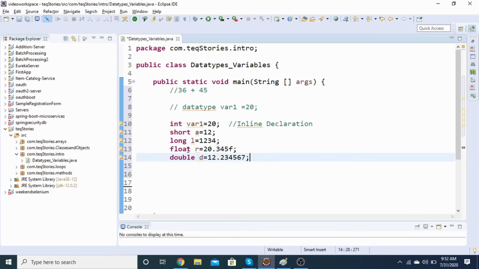Got it? So instead of float, if I would have written double here, then I do not require any sort of f value here. That would be perfectly fine. But now if you are working with float, then you definitely have to give the f. So that is what your float is. That is how your double works, right? So this is how you define the decimals.